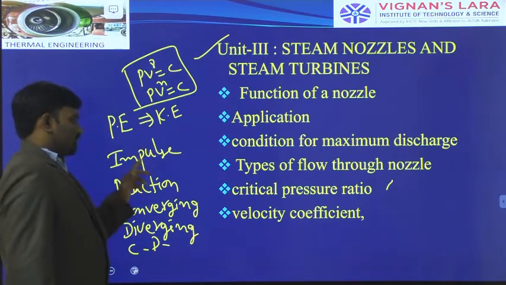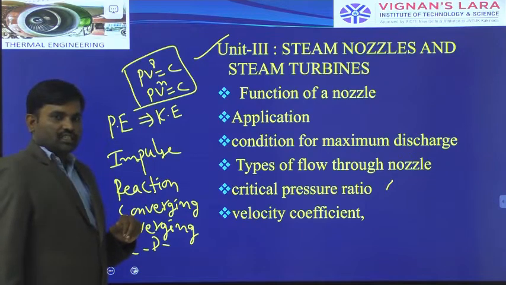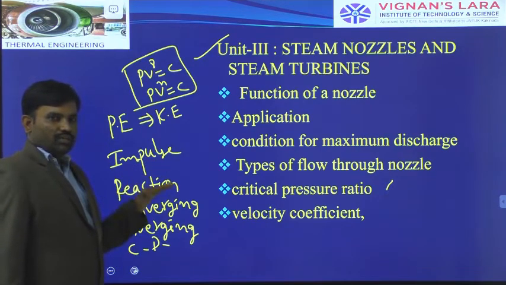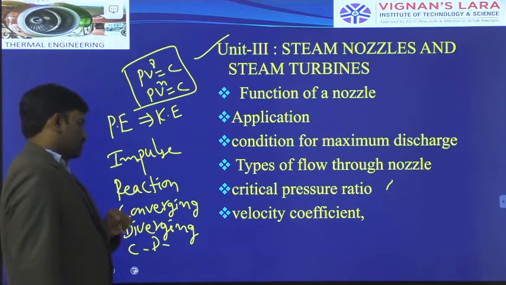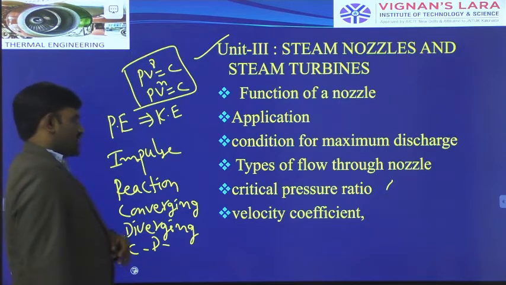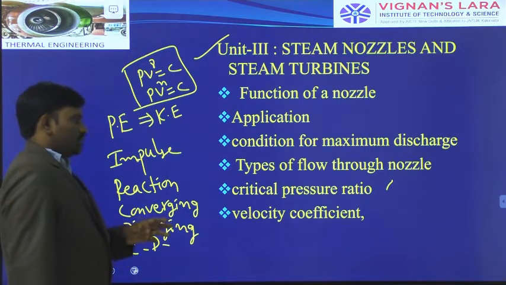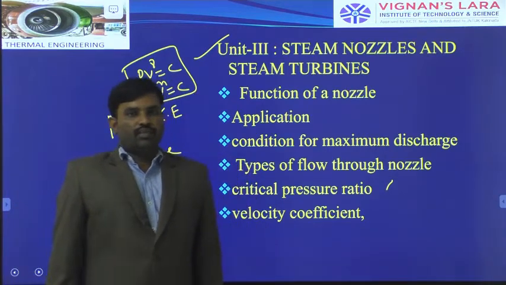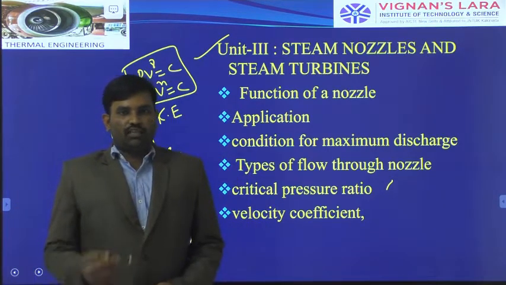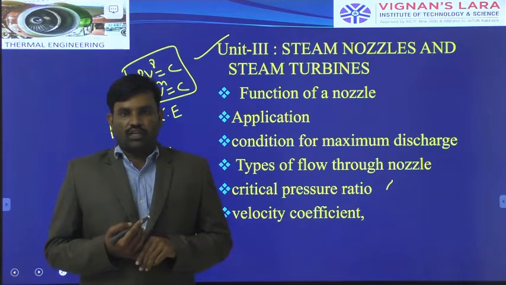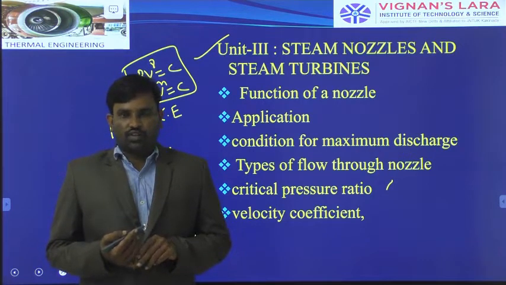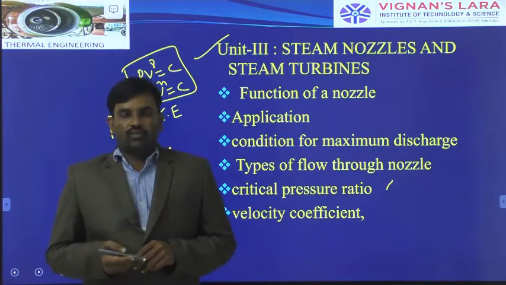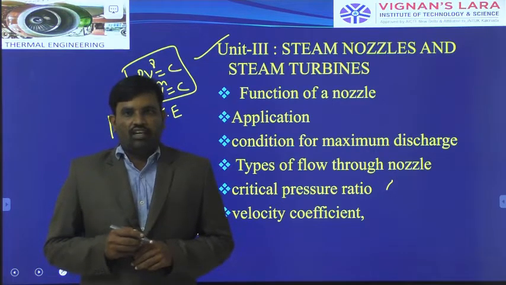And what are the different types of turbines, steam turbines, the impulse turbine working principle and the reaction turbine working principle, and based on the velocity triangles we are finding the work done by the turbine. Generally, we are expecting some work output from steam turbines. In the impulse turbine we receive some work output, and in the reaction turbine we receive some work output. That quantity of work output we measure based on the velocity triangles.